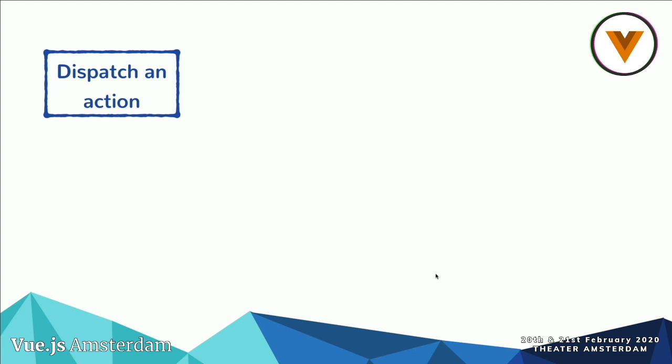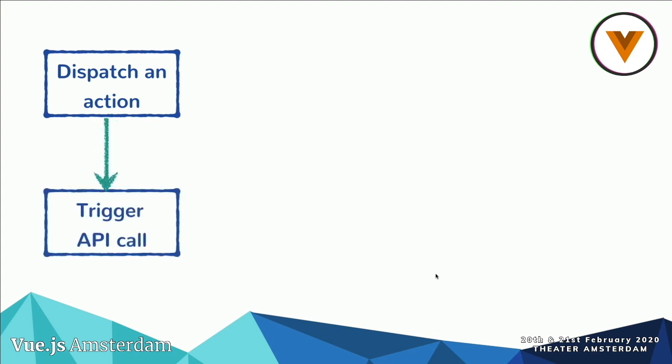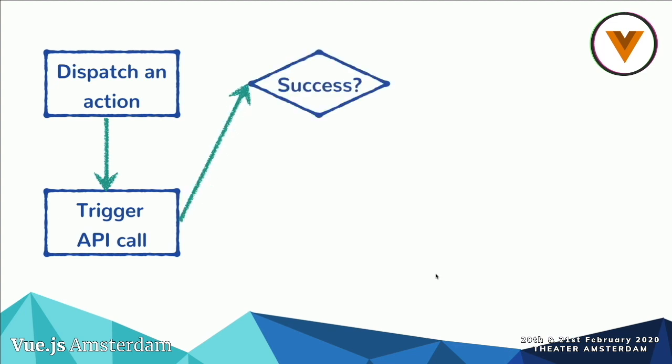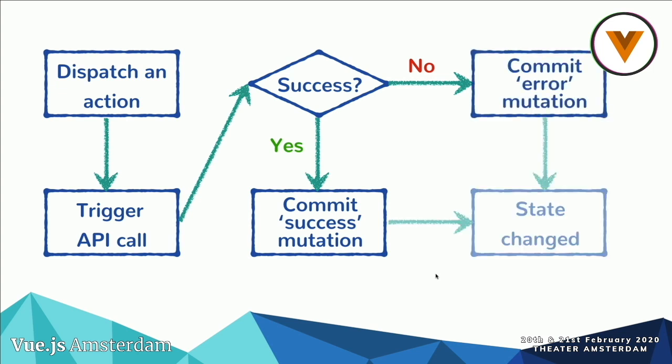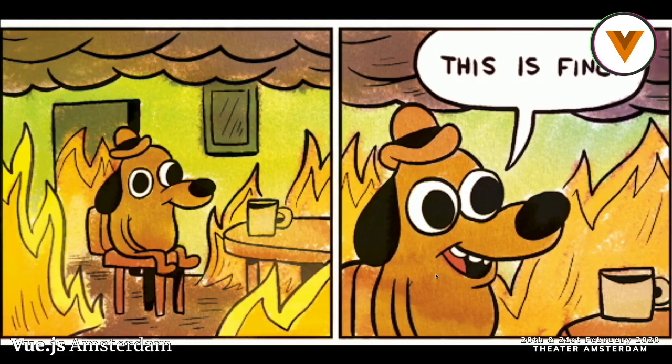So how do we store the data fetched from the API if we use Vuex? We dispatch an action. This action usually triggers an API call directly or via a service, whatever. After this, we check if it was successful. Yes? Then commit a mutation for success. Wasn't successful? Commit another mutation. And after this, the state is changed, which looks like a bit of boilerplate, but well, this is fine. And in fact, this is really fine because you have great control on every single step. Still, it feels a bit annoying to perform this operation for every single REST API call.